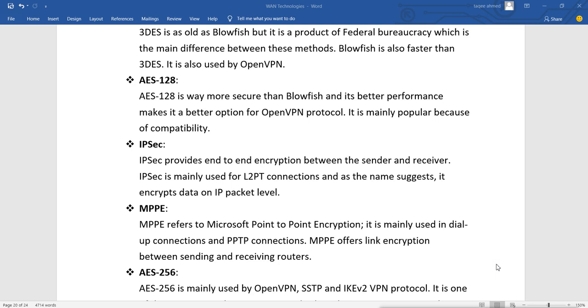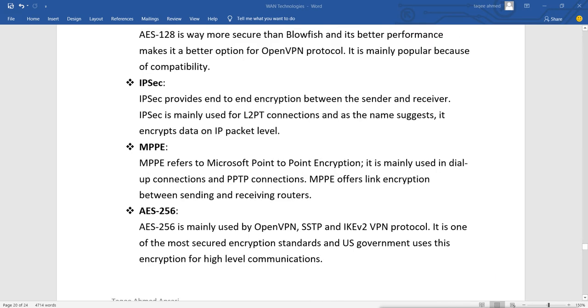Then we have MPPE. This MPPE refers to Microsoft Point-to-Point Encryption. It is mainly used in dial-up connection and PPTP connection. MPPE offers link encryption between sending and receiving routers. Then AES in 256.